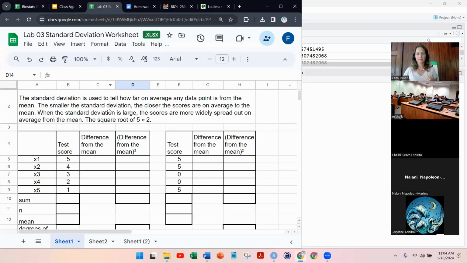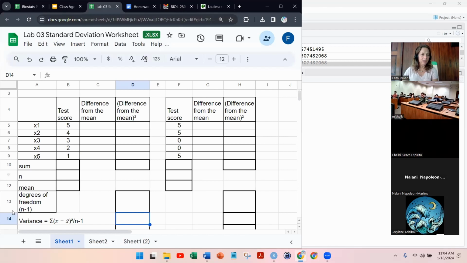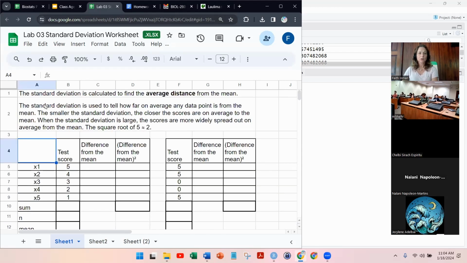And here it is on my screen. You might have to expand some of the cells to make them big enough to read everything. Down here, degrees of freedom, it was cut off, so I made that a little bit bigger. So what this is